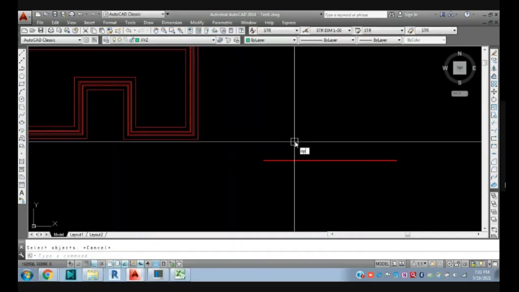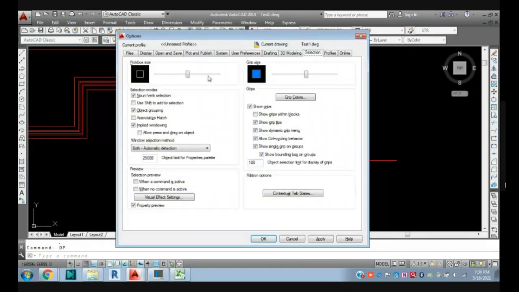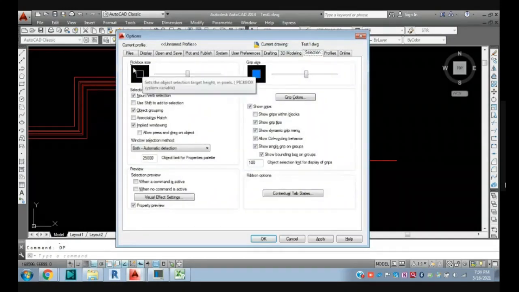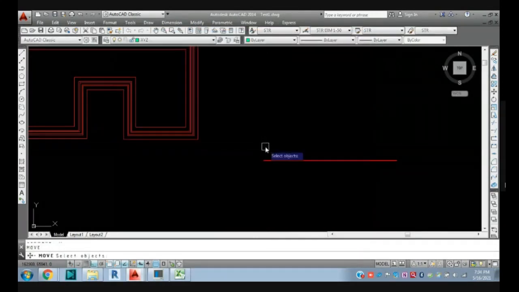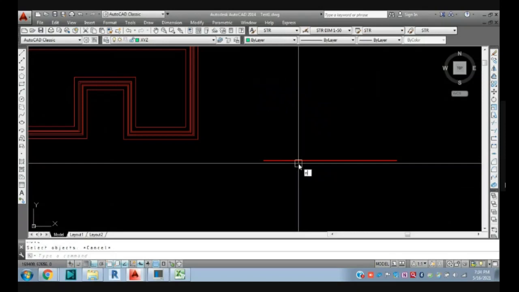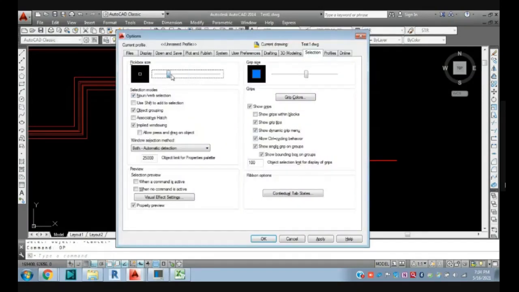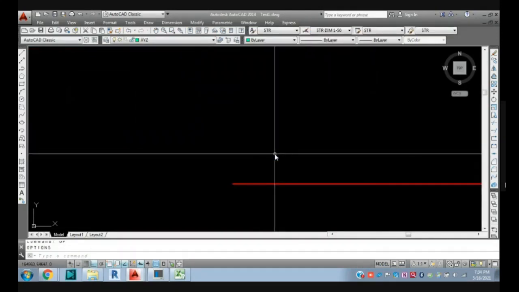Just go again to Options, then to Selection. You can see here the pick box size. When you give a command, whatever command, I will give the move command, you can see this pick box. You can control the size of this pick box from here. If I make it small and click apply, you can see here